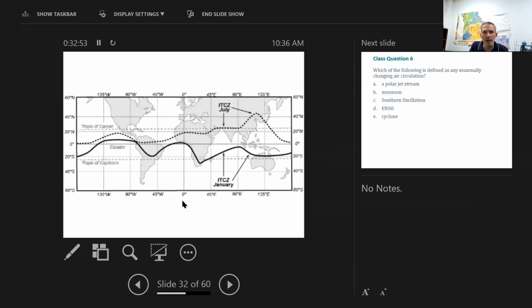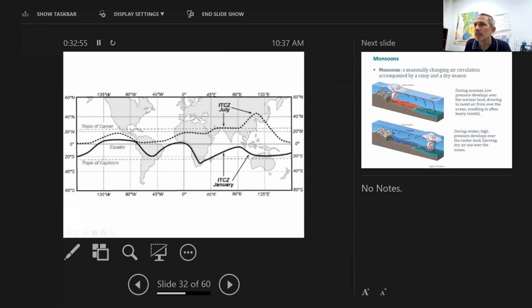Now, if we go back to this image, we can see that we actually have air moving either to the north and to the south in this portion. And so these Hadley cells do, in fact, the air moves in when the sun is highest in the furthest north. What's going to happen is it's going to create those Hadley cells. And so